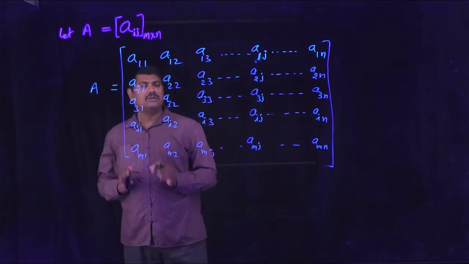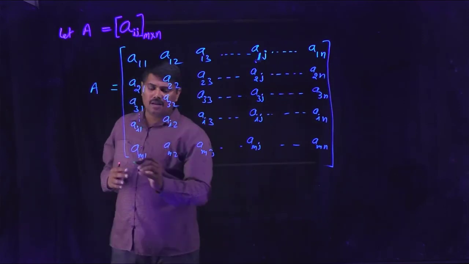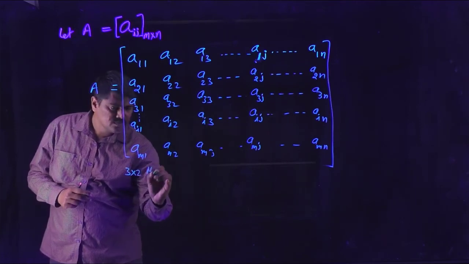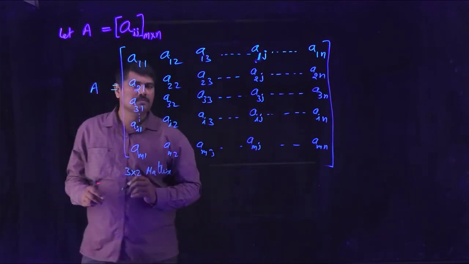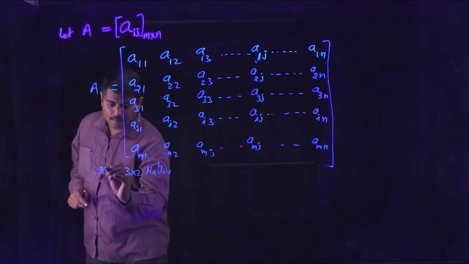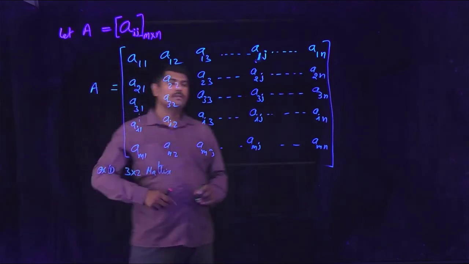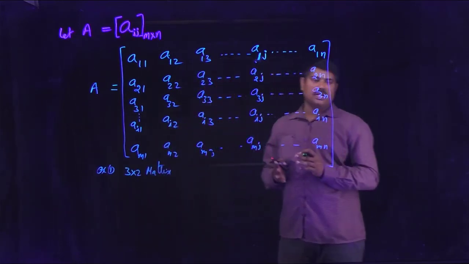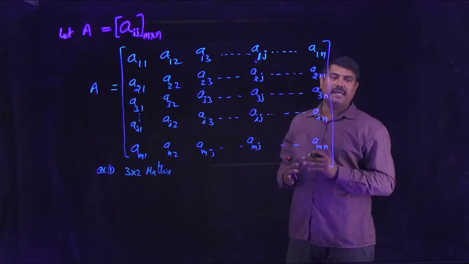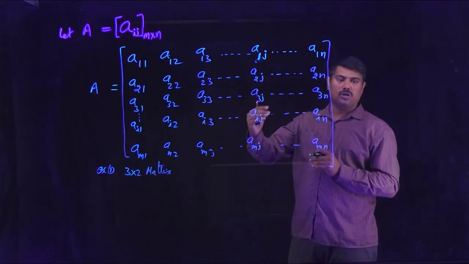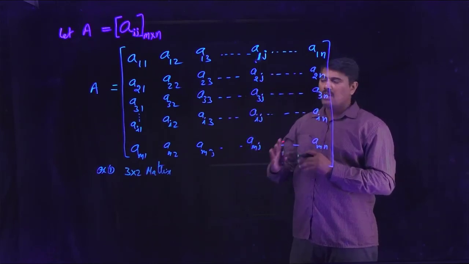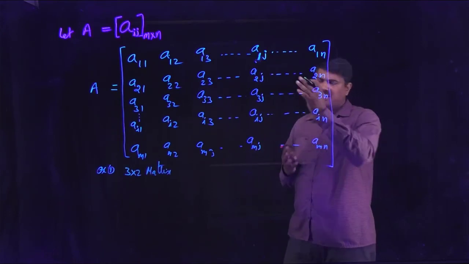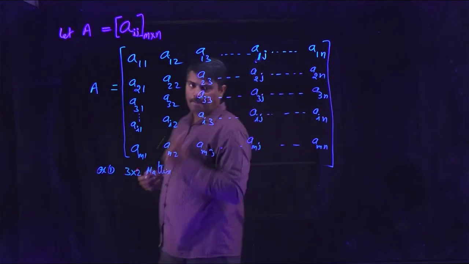Now let us do one example. I am asking you to construct a 3 by 2 matrix. In the same manner, this is example 1 in this concept. Constructing m rows and n columns is a difficult task. Why? Because you have to have a better idea of which is the first row, second row, third row, ith row and mth row. So constructing a 3 by 2 matrix is much easier compared to the construction of an m by n matrix.